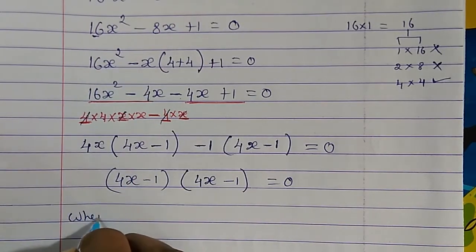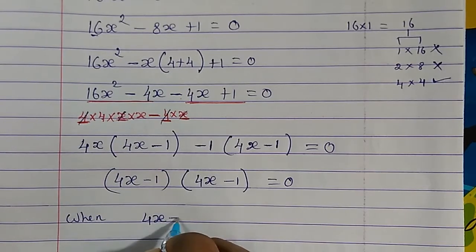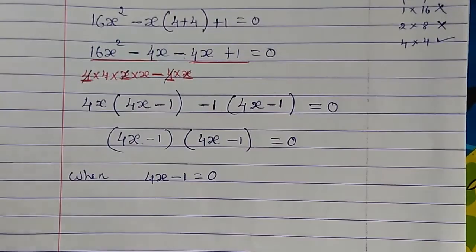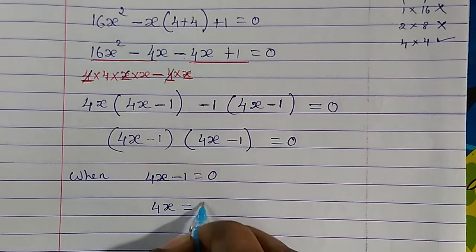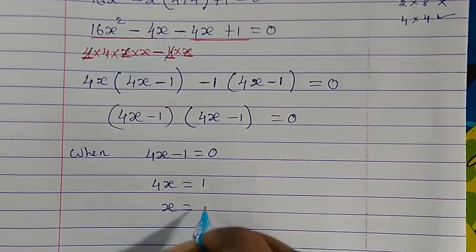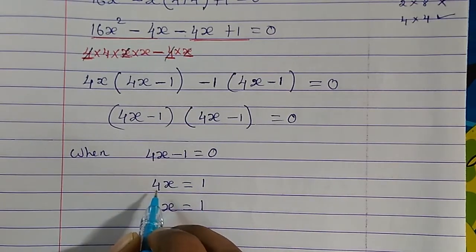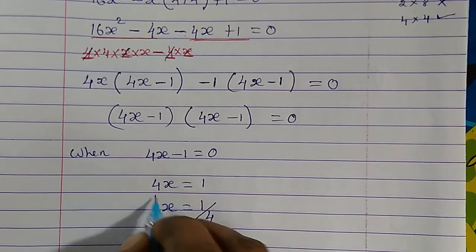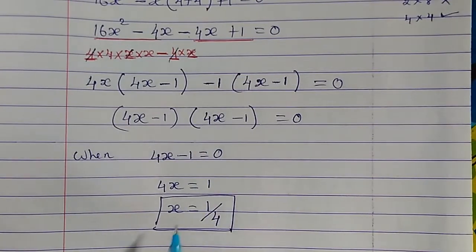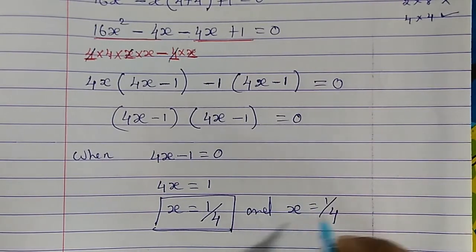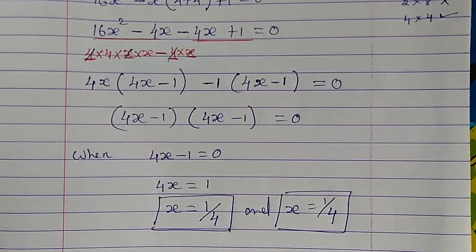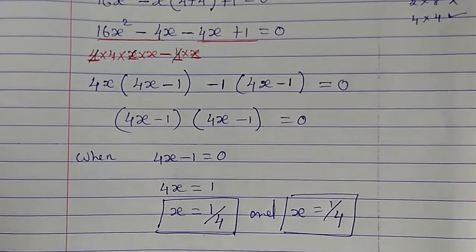So now, when 4x minus 1 equals 0, 4x equals minus 1, which comes to this side and becomes plus 1, but we want the x value. So 4 is in multiplication, when it comes here it goes to division. So x equals 1 upon 4, this is our x value. Same way, if you do it for this one also, we will get the same thing. So no need to do it again, you can write down x equal to 1 upon 4. That's it. So these are the roots of this given equation.